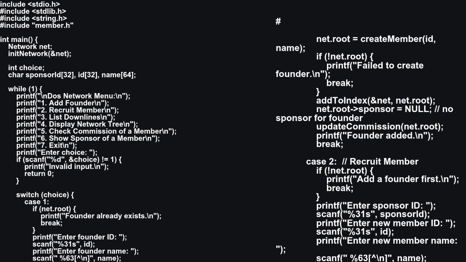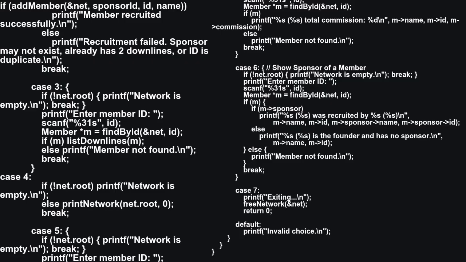Next is create_member. This function creates a new member node. It takes the ID and name. The add_to_index function stores each member into a searchable index. This allows us to quickly find members later using their ID. The add_member function handles the recruitment of a new member. The update_commission function updates the commission of a member.